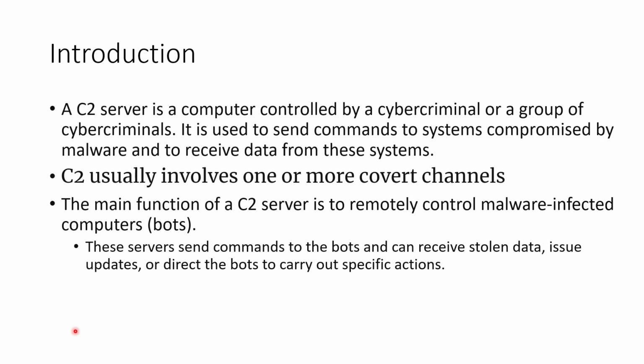And it involves one or more covert channels. So we have two types of channels: one is called a covert channel, and one is called an overt channel. The thin line difference between covert and overt is, suppose we have a system A, which is